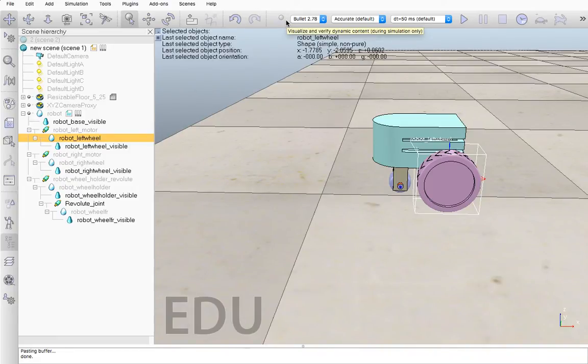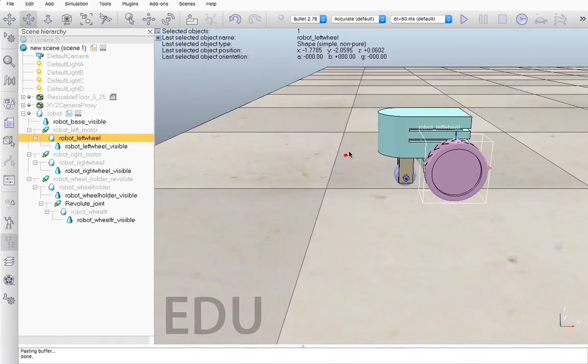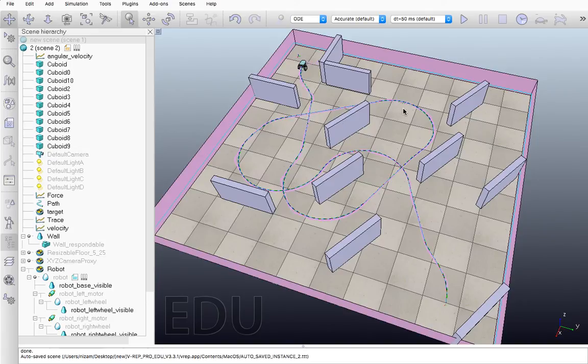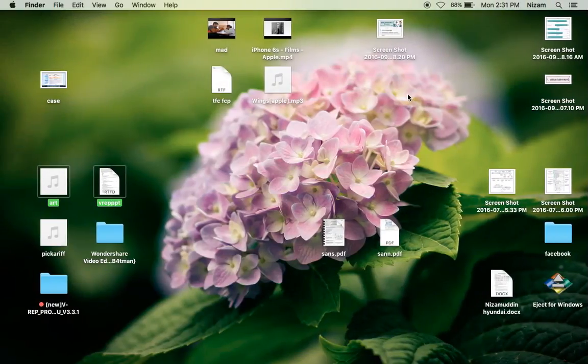Hello everyone. Today in this video we are going to see how I designed a mobile robot with a differential drive and a spherical wheel in the front, and I'm also going to show you how to path plan it in this scene with the obstacles and how it moves from start to target. So before going into that, we are going to see